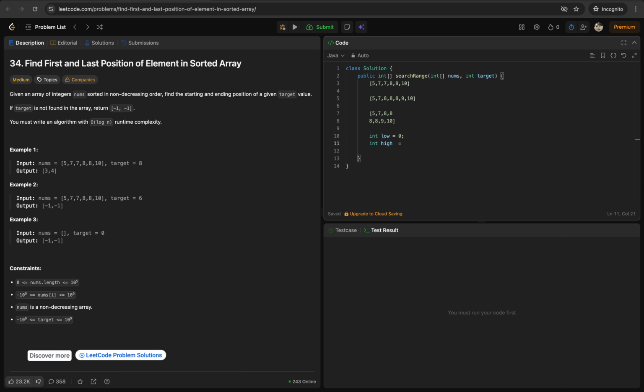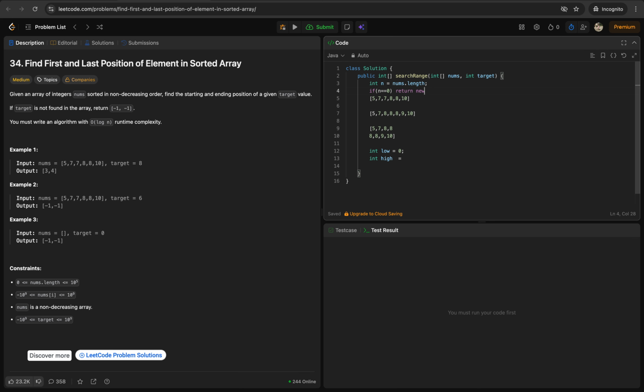High equals to... क्या, and nums could be length of nums could be 0 na. So initially we can return if int n equals to nums dot length. If n equals to 0, then just return